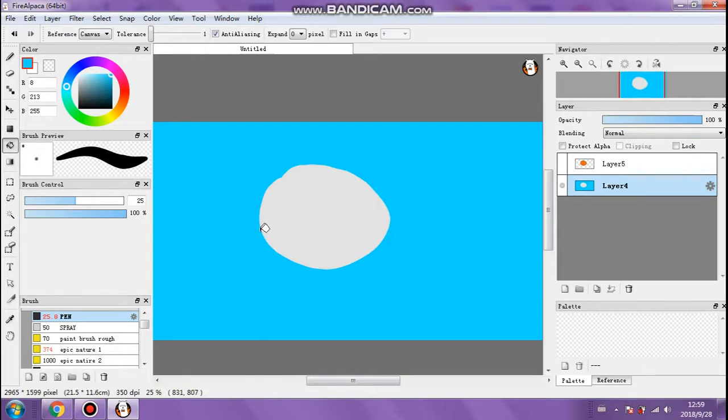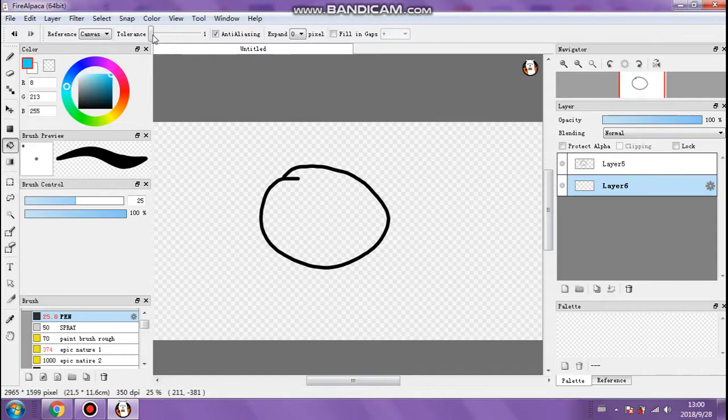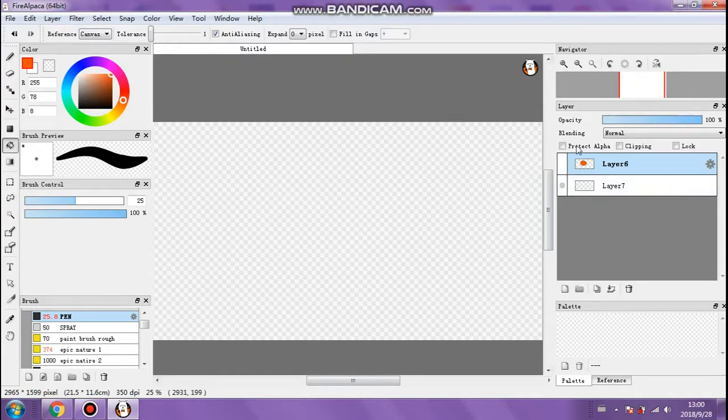if I turn the visibility off for a moment, you'll see that it didn't fill in the space behind it. So you can regard that as a fault or a glitch in the software. I don't know, it's just the way it is. So if you wanted to fill the whole sky blue, you should turn off the visibility of the above layers first. The visibility being this here. Let's say our orange or sunshine is on the top layer. Click the visibility point on that layer over here by the layers, turn it off for a moment, then go down to the below layer, choose blue,